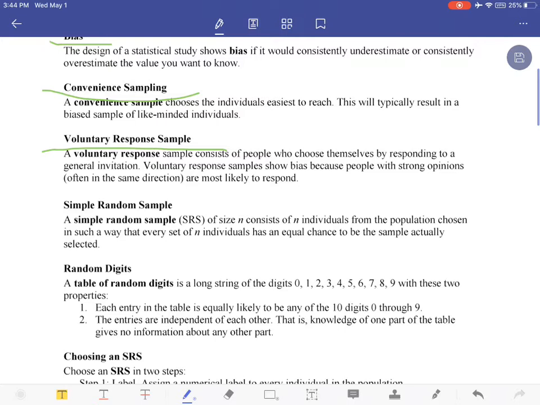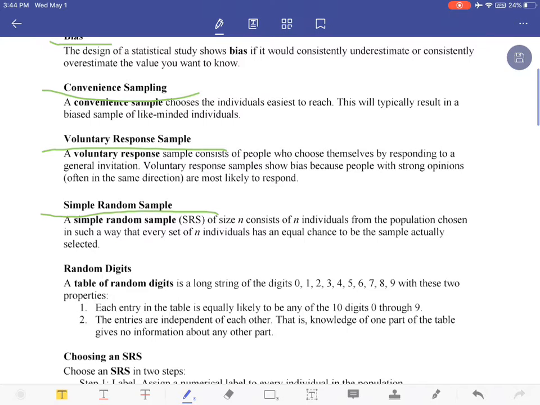Next, we have a simple random sample. So this is a good design. It does take more time, but a simple random sample is where you give everybody in the population the same chance of being selected in the sample, and you select those people randomly. So the easiest way to do it is you give everybody in the population a number, and then you select how many people you need in your sample,